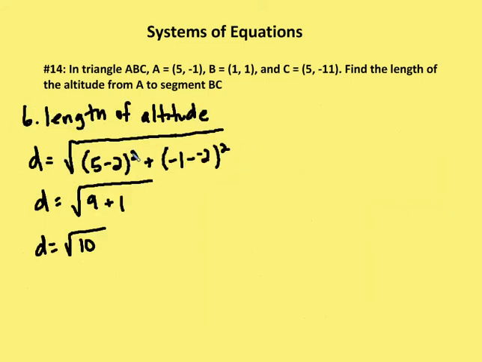So (5 minus 2) squared plus (-1 minus 2) squared gives me 9 plus 1, which gives me a distance of the square root of 10. So in case you got lost,